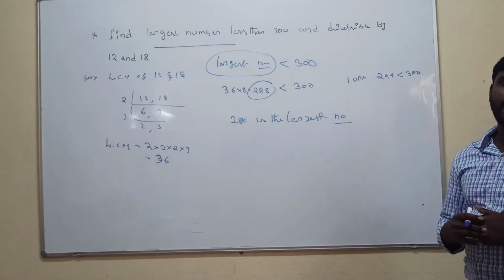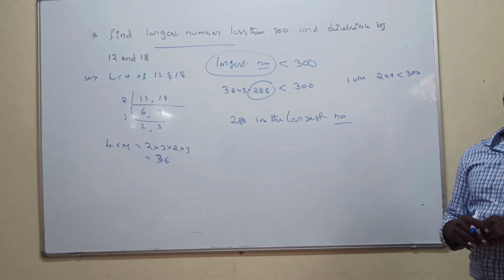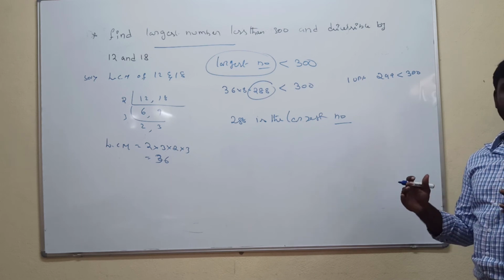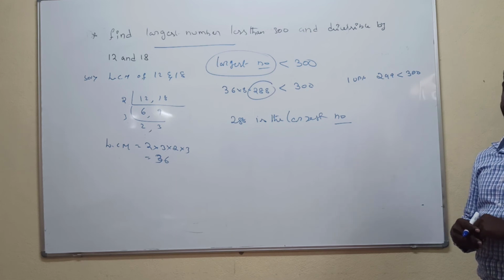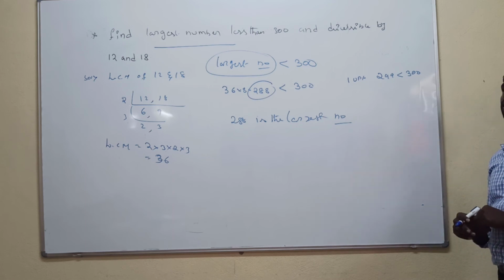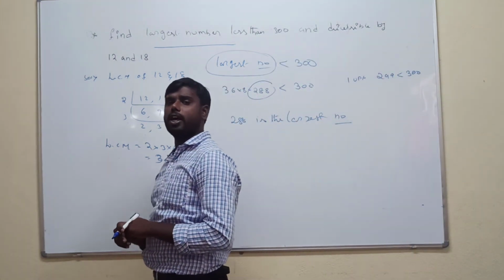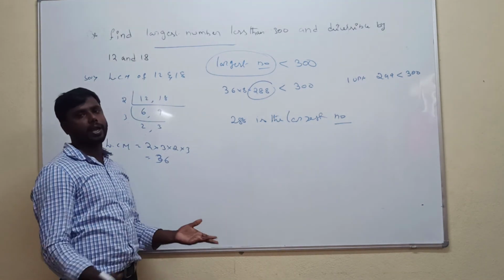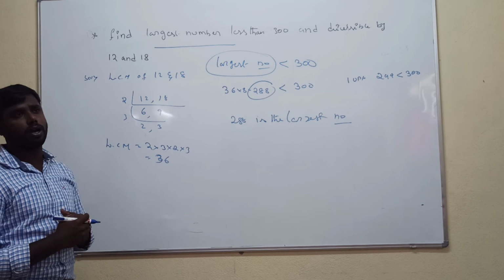What is the condition for the prime factor method? Express each number as a product of prime factors. Then the LCM is equal to the product of the highest powers of all the factors. The second is the division method. What is the condition? Divide the given numbers by a common prime number until the remainders are 1 or prime numbers. Then the LCM is equal to the product of the divisors and the remaining prime numbers. That is the process of solving LCM by the prime factorization method and the division method.